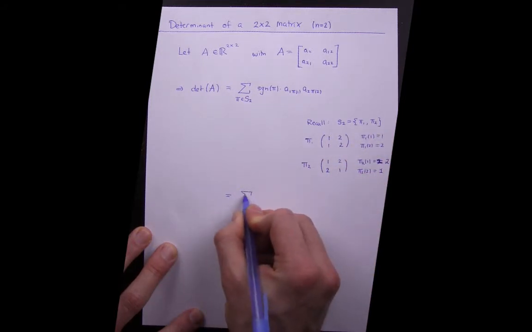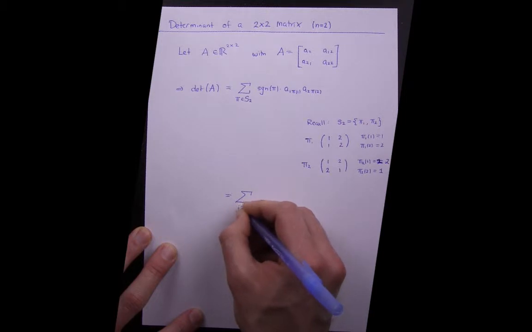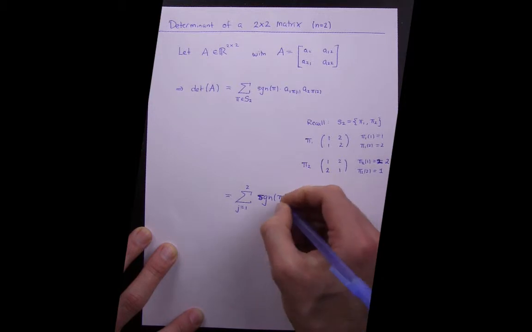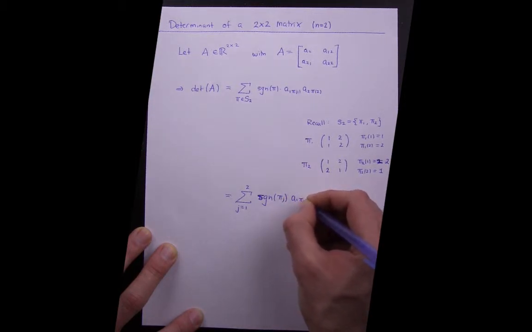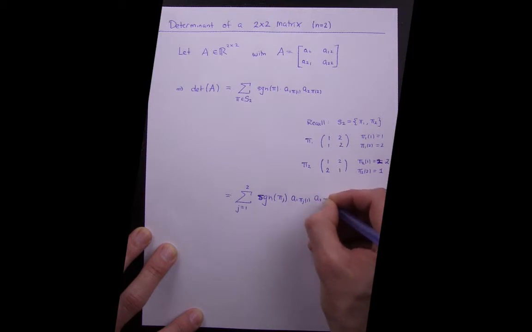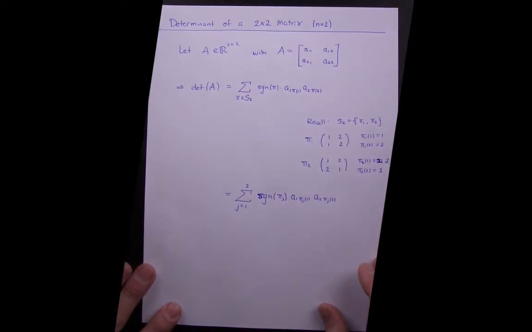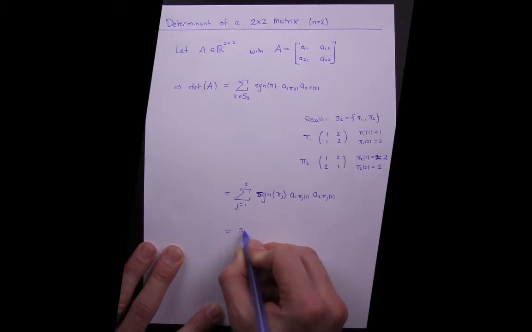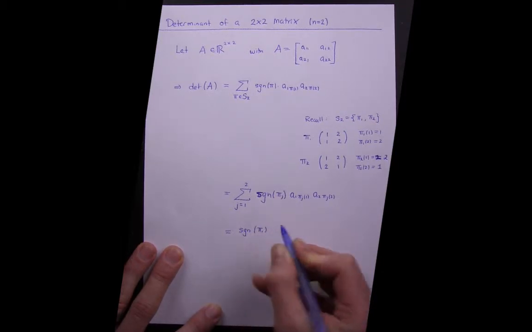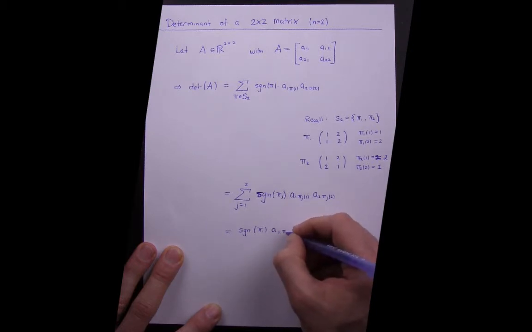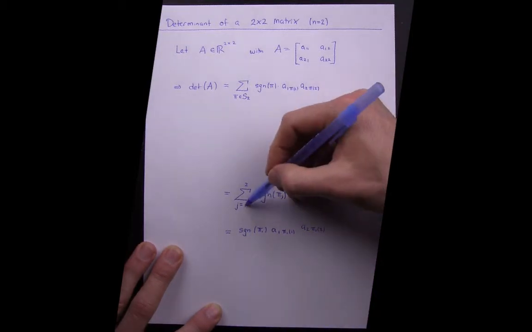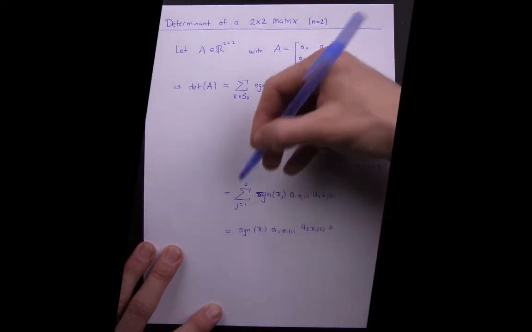So we can look at this as the sum from j goes from 1 to 2 of the sign of pi j times a1 pi j of 1, a2 pi j of 2. Well, let's take a look at this. We're summing over two permutations. So the first one would be the sign of pi 1, a1 pi 1 of 1, a2 pi 1 of 2. So that takes the j equals 1 case, and now we sum that to the j equals 2 case,